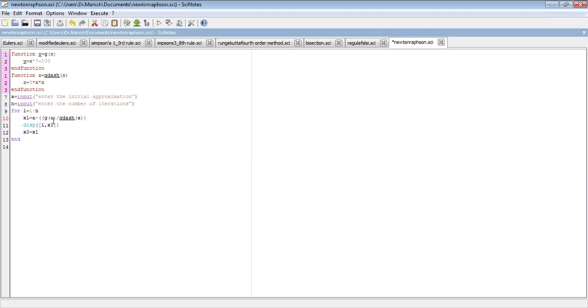Now g of a, there must be two brackets, correct, because I have given here one more bracket inside. So it is like this, g of a divided by g dash of a. That was, I think, the thing which was there. So next I just take a is equal to x1. Now we just save it and execute it and we'll see this.